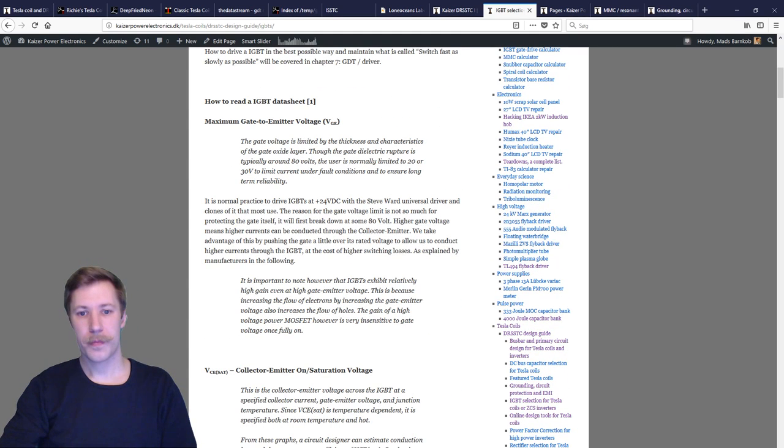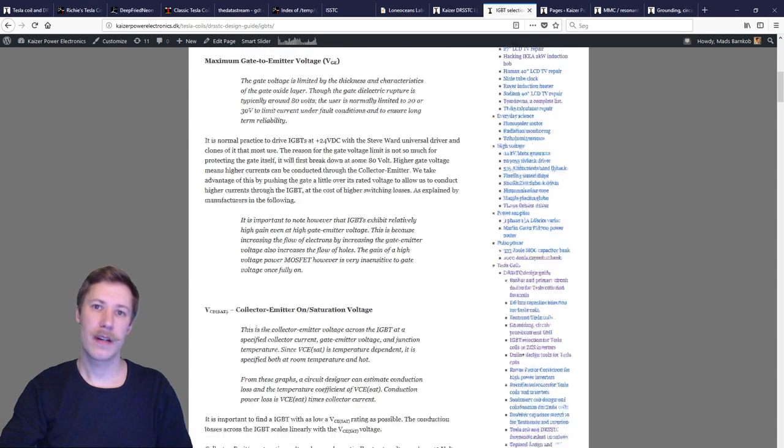Now, a lot of people worry about the higher gate drive that we use in IGBTs, but as IGBT gate to emitter voltage is all relative to the amount of current that the IGBT will be able to conduct, it is actually not a problem with punching through your gate before you hit over 80 volt DC. But then you would have long killed the IGBT from overcurrent anyway. So that is really not a huge